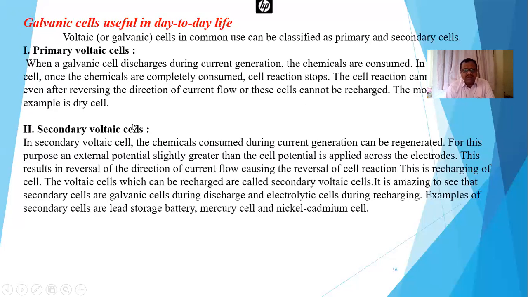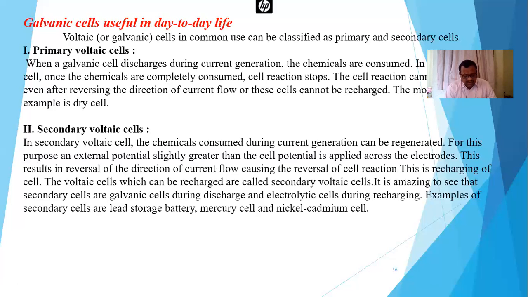I repeat again, a very commonly used primary voltaic cell is a dry cell, and in this dry cell there is current generation, which is due to consumption of chemicals. The chemicals are completely consumed, and when the chemicals are consumed, the chemical reaction stops, and the cell reaction cannot be reversed